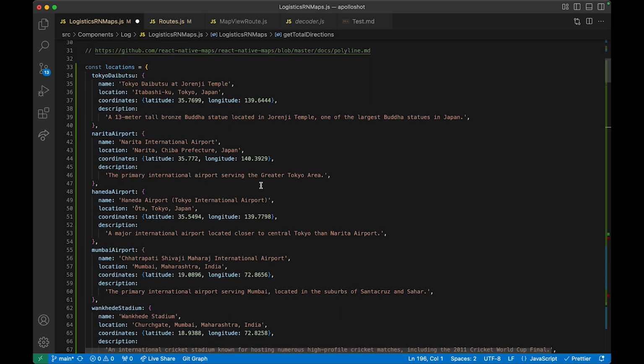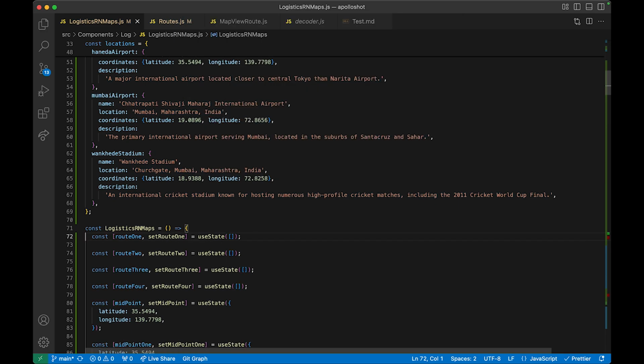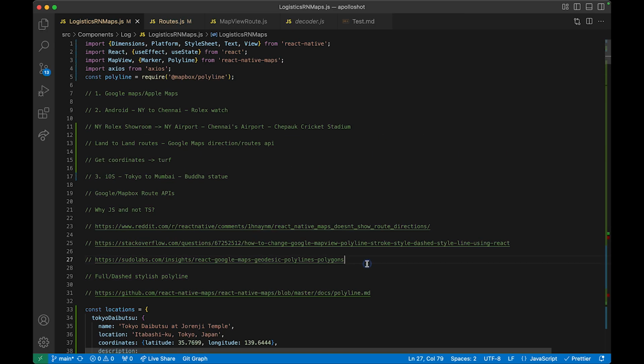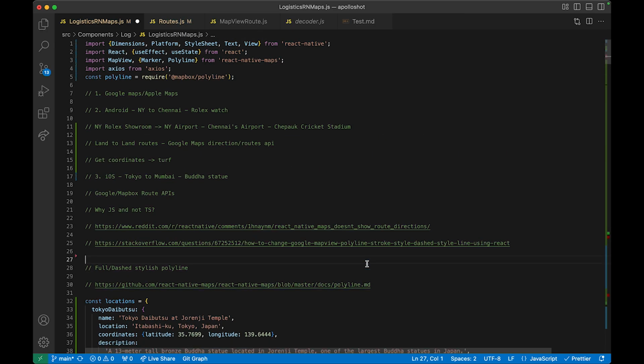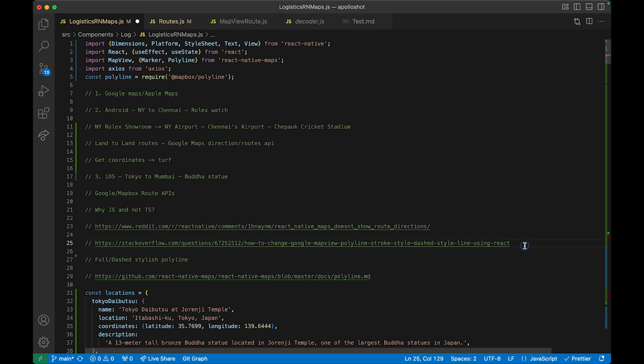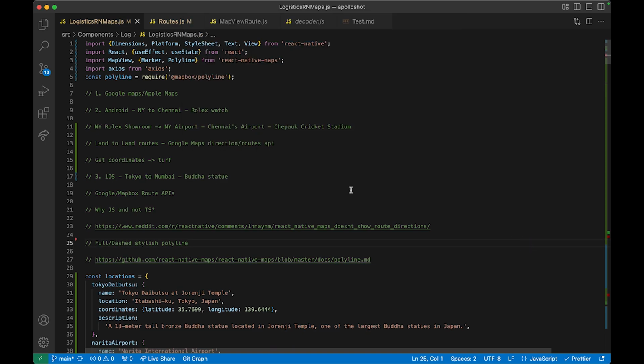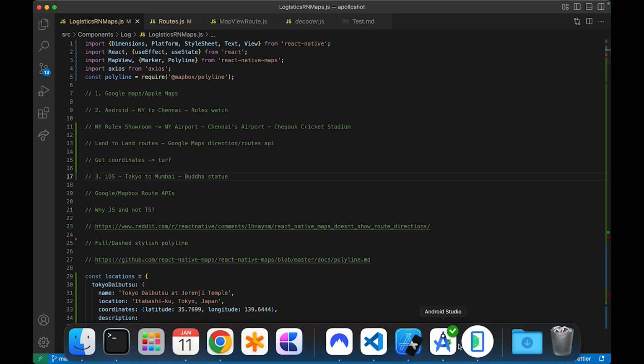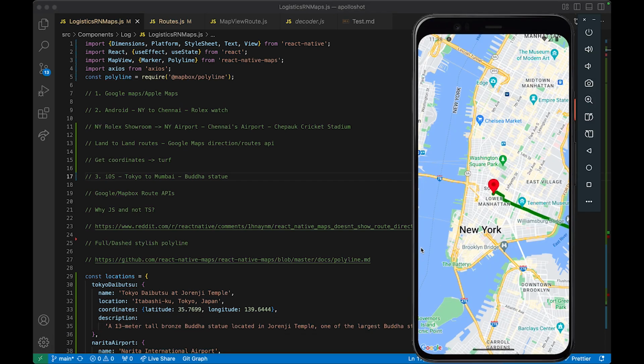Routes, no need because that is not required. And then this is not required anymore. Full dash line. Okay, all these good stuff are there. Okay, this is how you implement a logistics app or tracking your packages in React Native in both